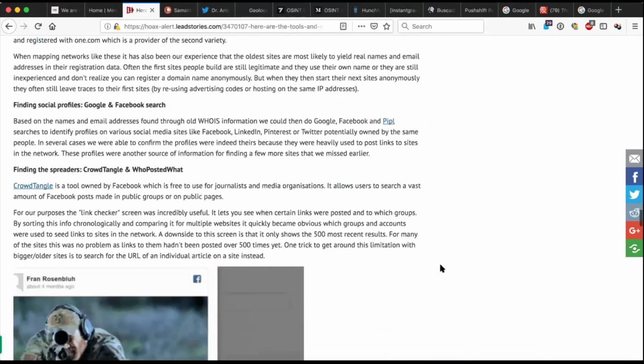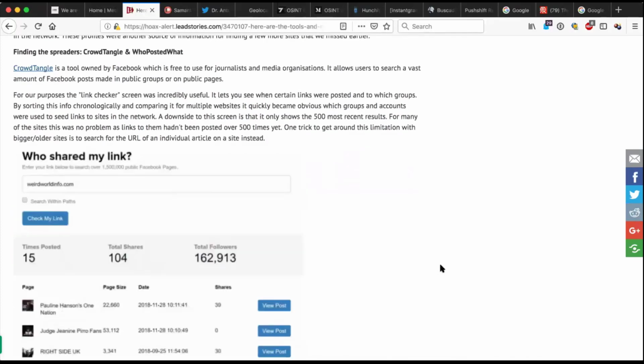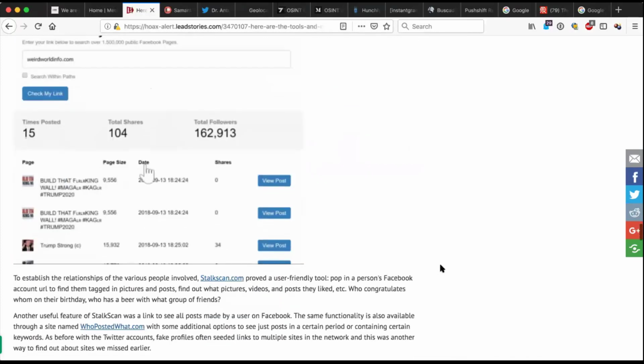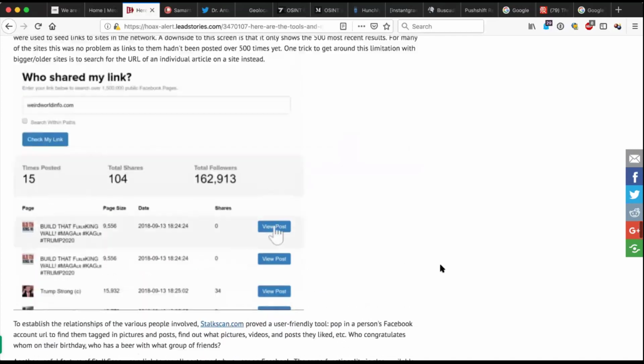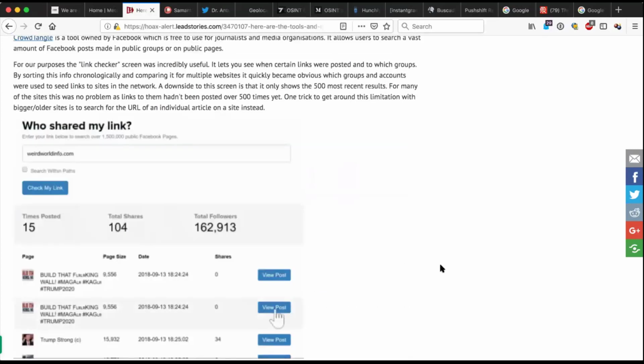Then he, of course, went into Facebook. Wow, this is a really comprehensive write-up. When you look into this, it's a write-up on how he used various tools and even made some of his own custom tools. Yeah, and he made custom GIFs to show you exactly what he did on each one.